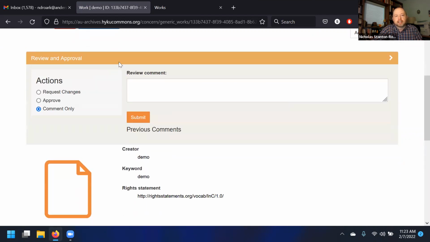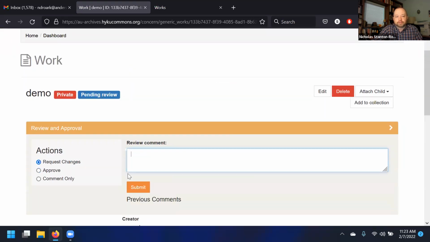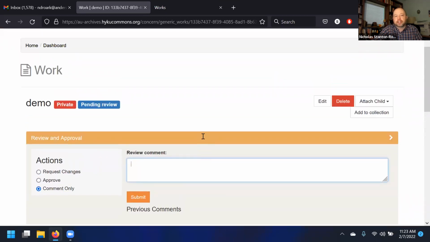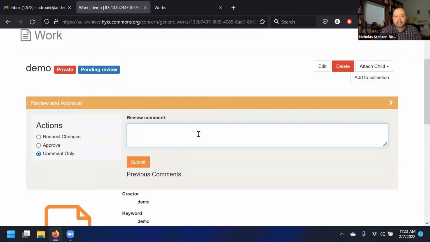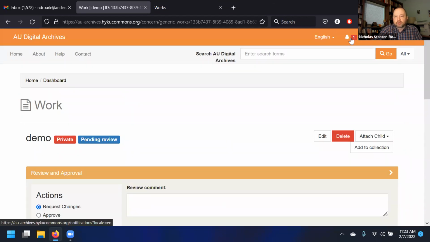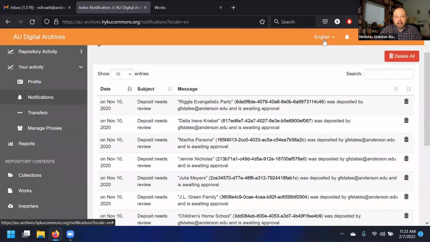So if I select that, it will drop down and, because I do have reviewing permissions, it gives me these options. I can request changes, I can approve, or I can give a comment, which will produce a notification to the user who deposited it, but will not require them to resubmit the work for approval. And all of those notifications will show up in this list here that you can access through the little bell icon,